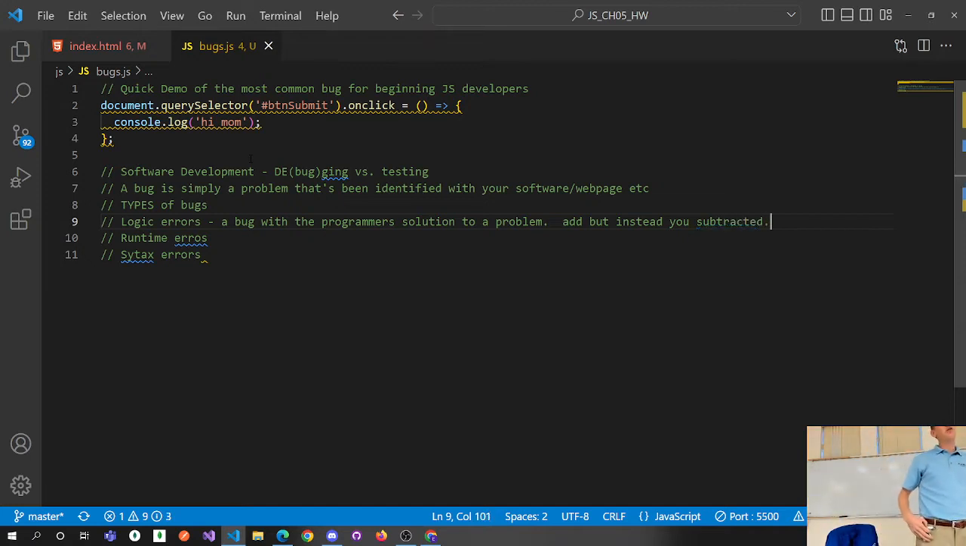So the real world problem required you to solve it by doing addition, but you mistakenly solved it with subtraction. Well, that's a problem with your logic. Your logic is not leading to the correct solution. Okay, so one kind of bug is considered a logic error, and in large part, that comes down to the